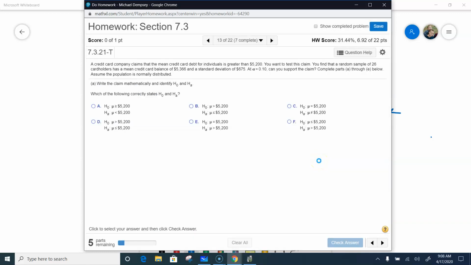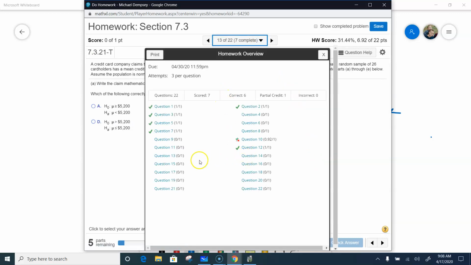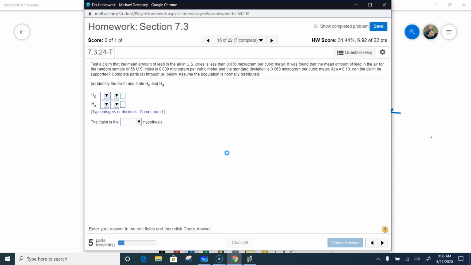Okay. All right, so let's jump to number 15, see what that looks like. Now we have everything here in the narrative. So I want to test the claim that the mean amount of lead in U.S. cities is less than... so this is left-tailed, right? They believe that it's less than. So remember, the null always has to have an equal to symbol. So the opposite of less than would be greater than or equal to